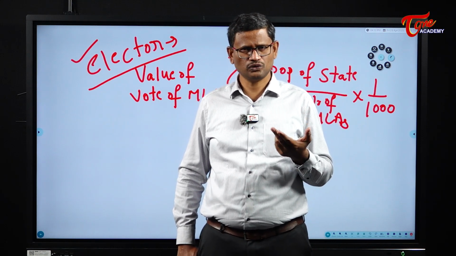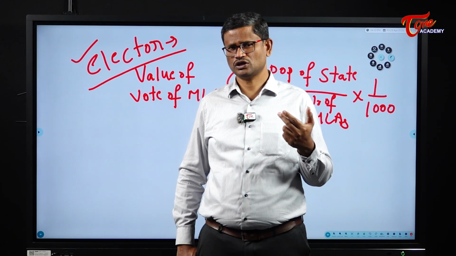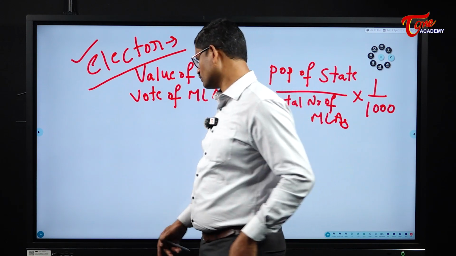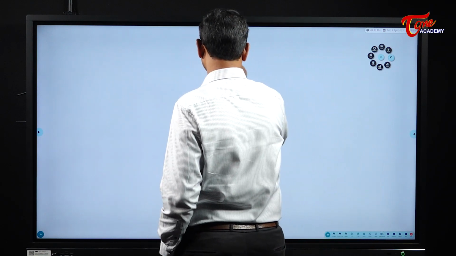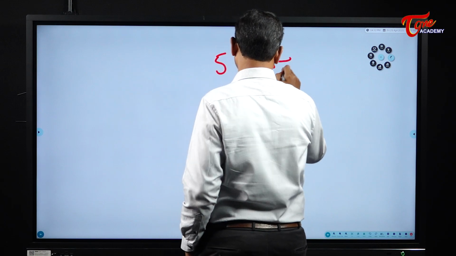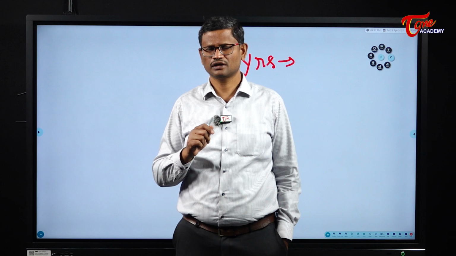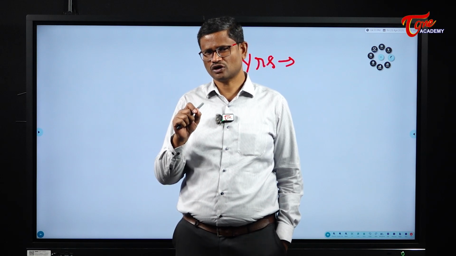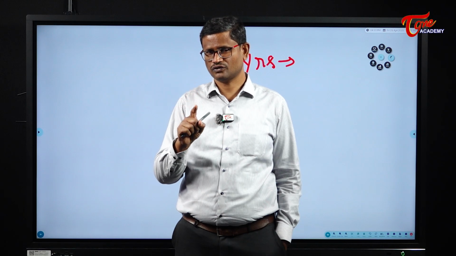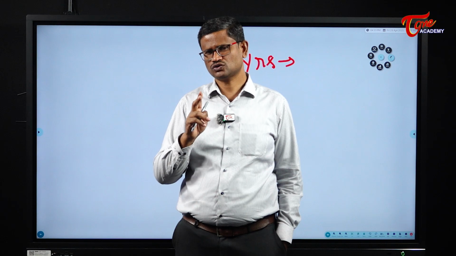If there is any dispute with respect to the election to the office of the President, the matter goes before the Supreme Court. Then what about tenure? The President will have a tenure of 5 years. And the President can get elected to the office any number of times. For example, if you compare this with the office of the President of the United States of America, the American President can contest only 2 times.